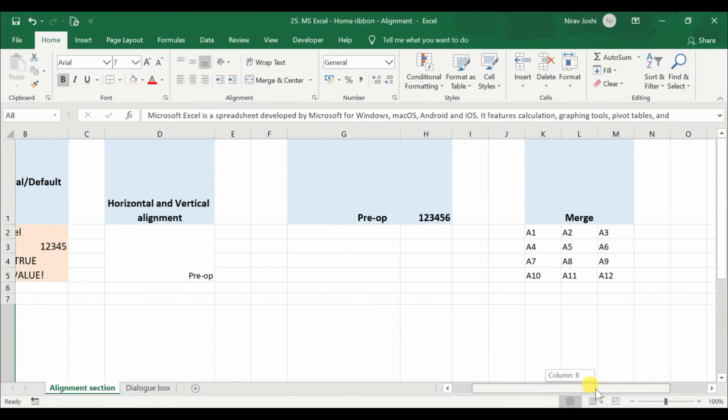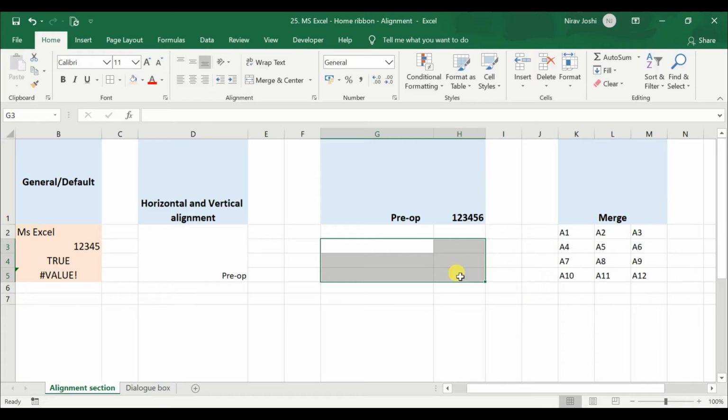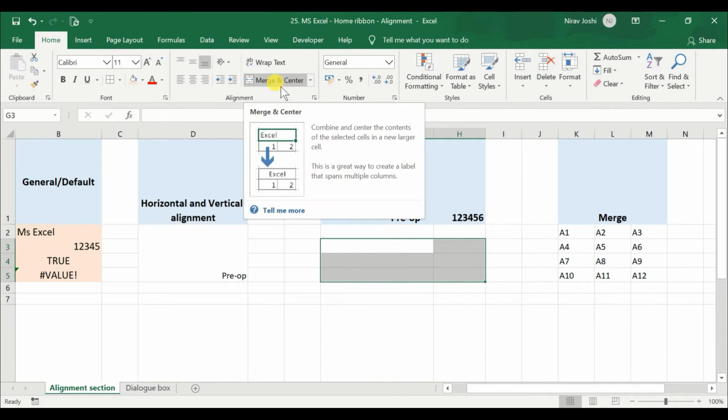Next we discuss merge and center. Suppose you want to merge all these selected cells into a single cell, you can use this merge and center. It will make it a single cell and make it centrally aligned.